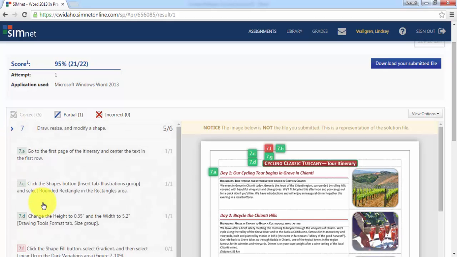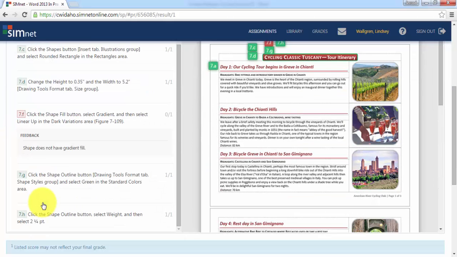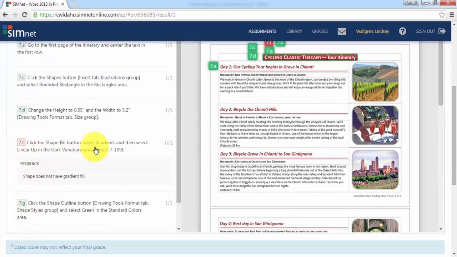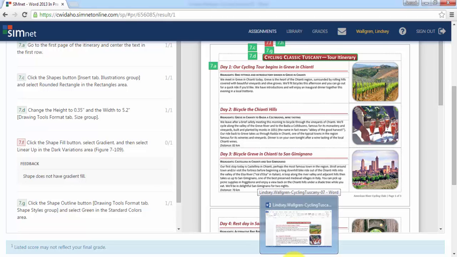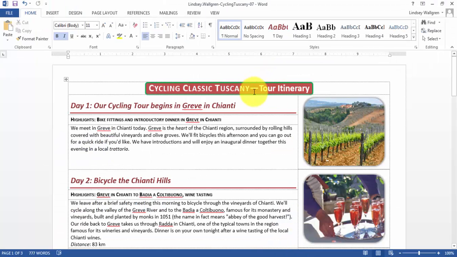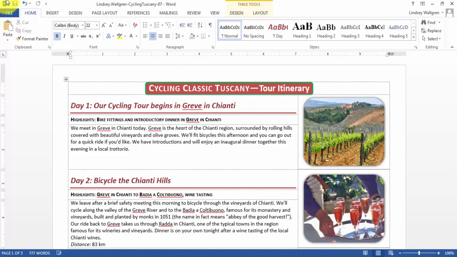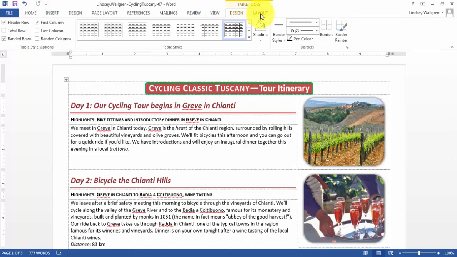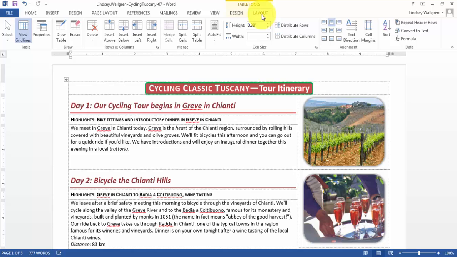I'm going to just click on the number 7, see what step I didn't get. Click the fill shape button, select gradient and linear up. So I may not have on my document actually applied the gradient, so I can go back into it. I need to click on the actual shape. Oh, this is going to be tricky because my text is in front of it. Okay, there we go. Got to get the actual shape